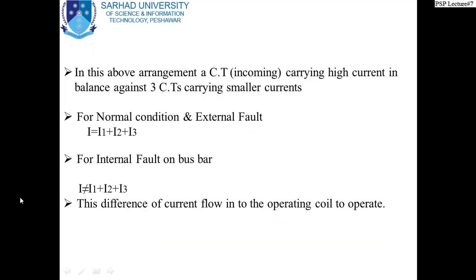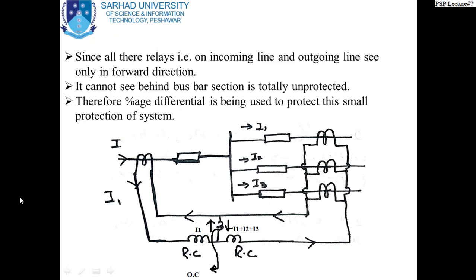So the arrangement of the protection system is seen here in this particular figure. We have a CT in the incoming line and a number of CTs at the outgoing lines. So we have three lines, so we have three CTs, one line and one CT. Now naturally, the shortcomings or maloperation of the protection relay were explained in the previous lecture. This is also clear in this particular example.